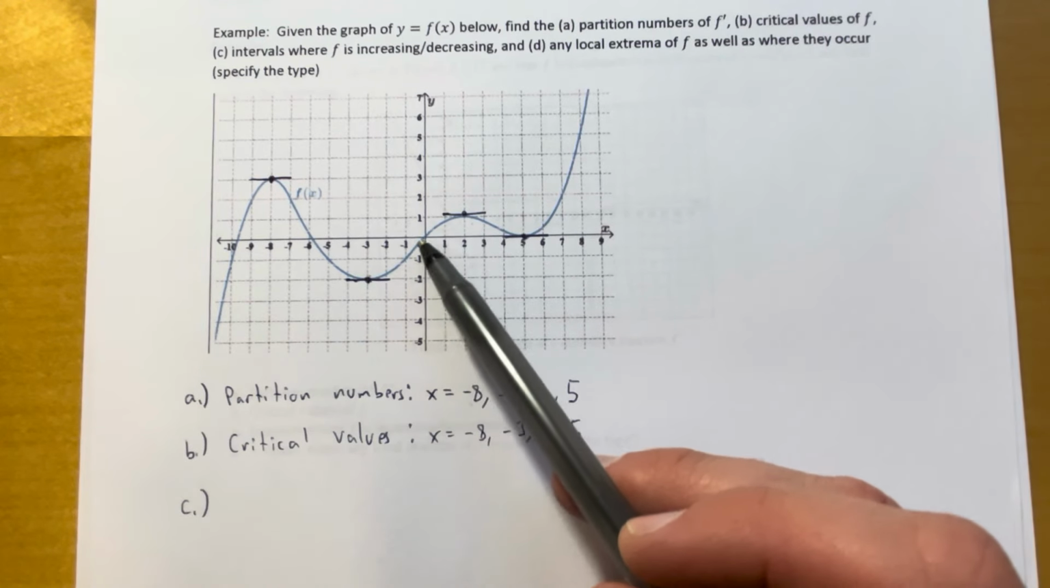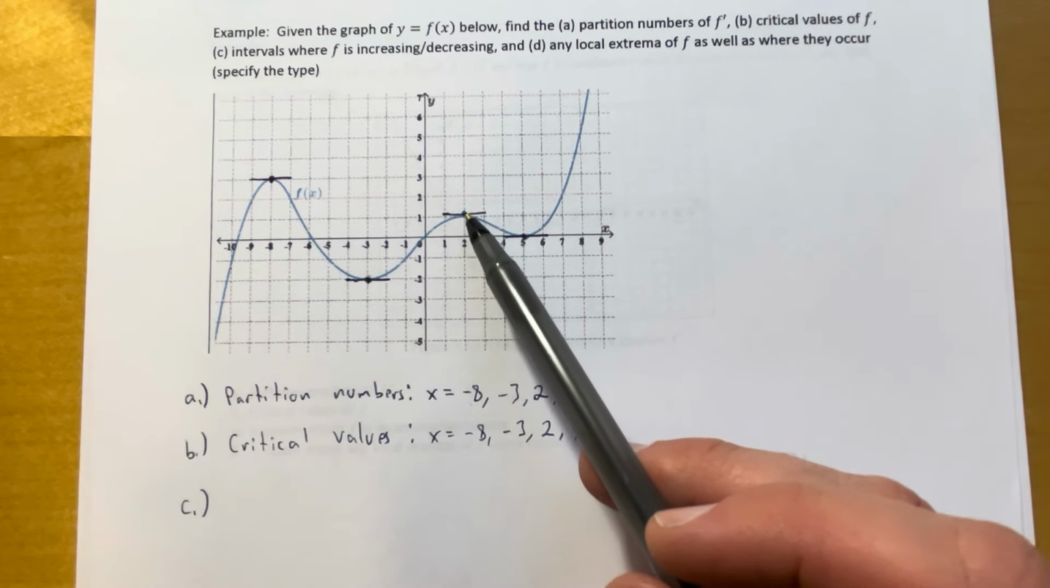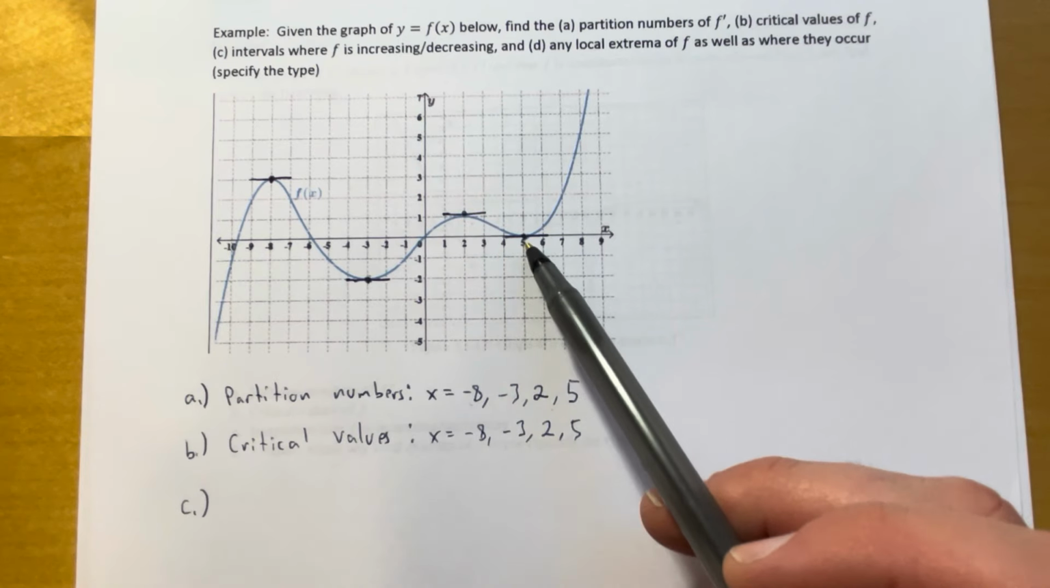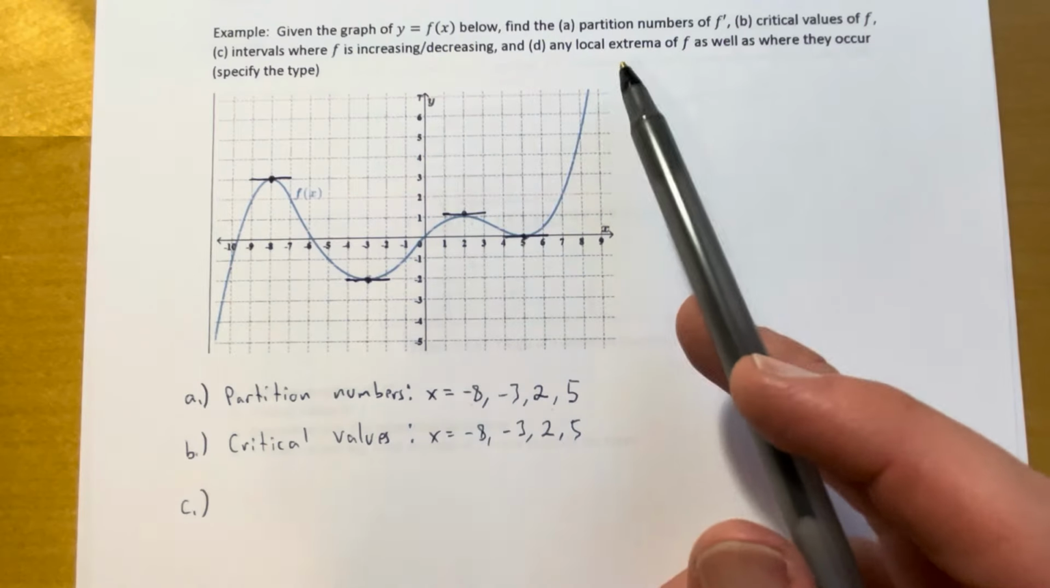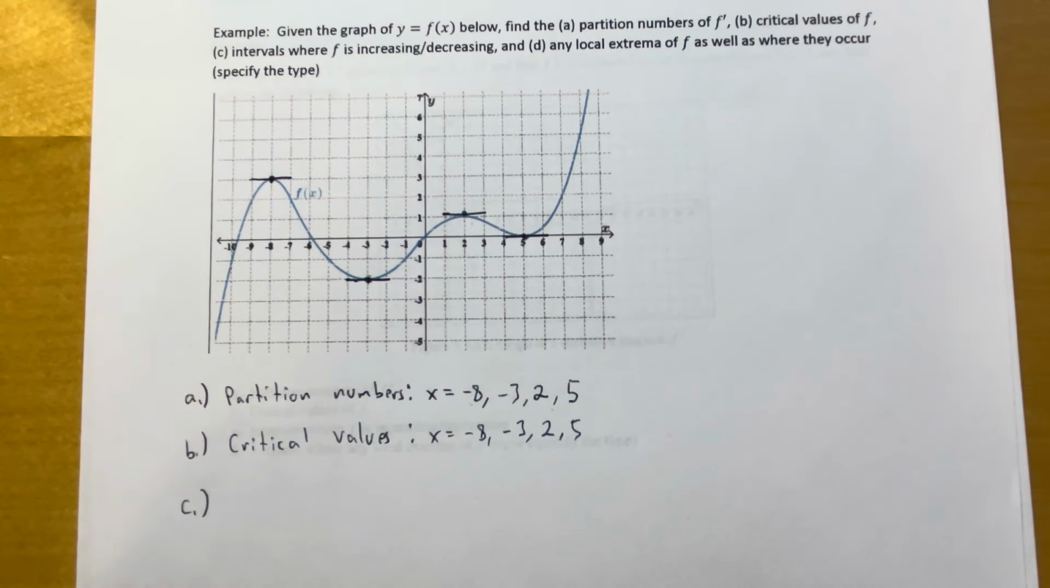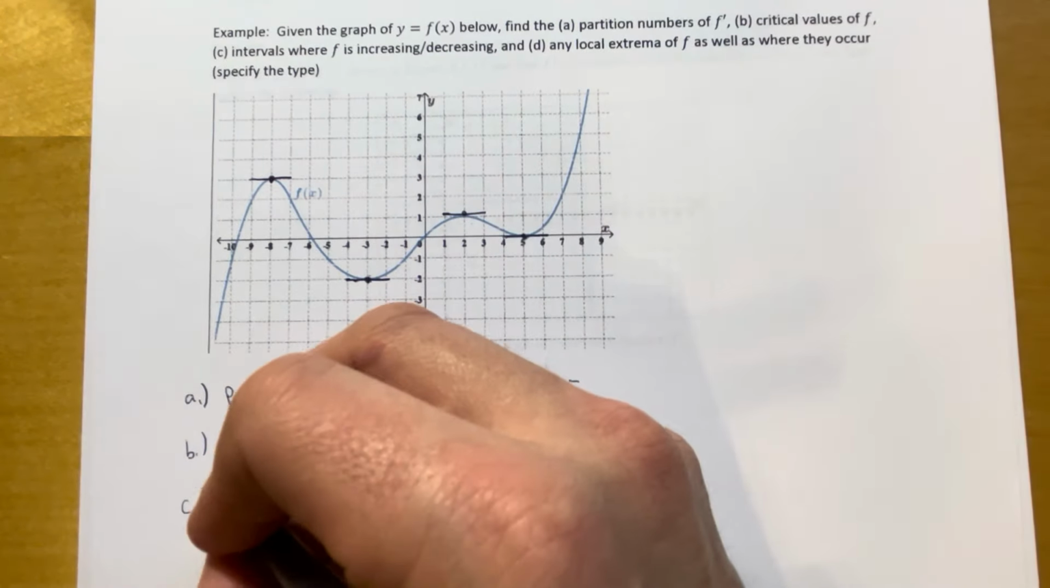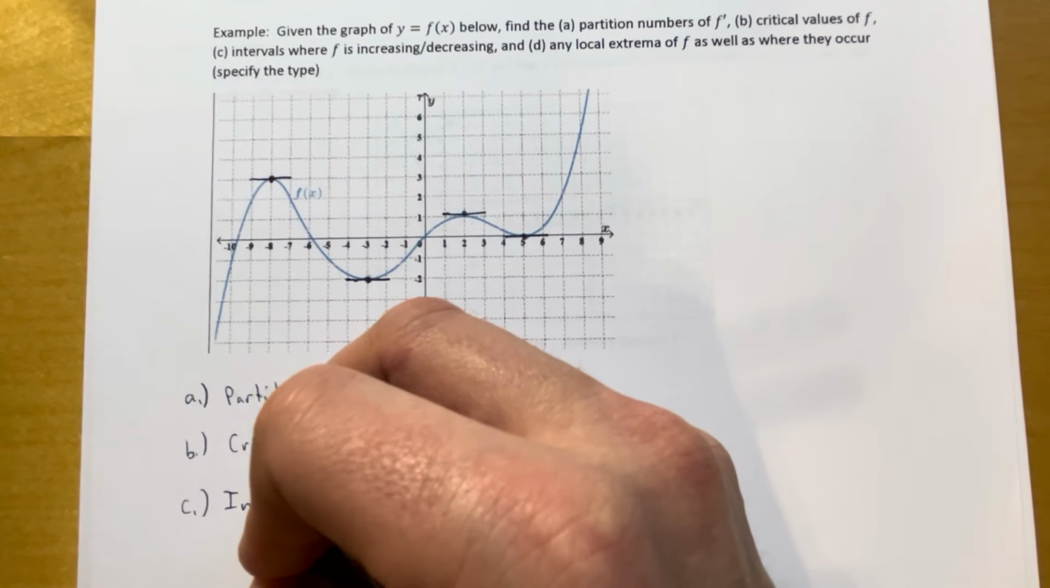We go to decreasing. And then I'm increasing from -3 to 2. I can see my graph is going uphill. And then we decrease from that partition number, x equals 2, to the next one, x equals 5. And then we go back to increasing again, and we go off screen. So we're going to assume that that's going to positive infinity. So summarizing that, we are increasing